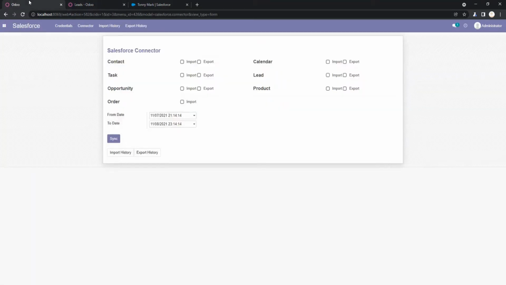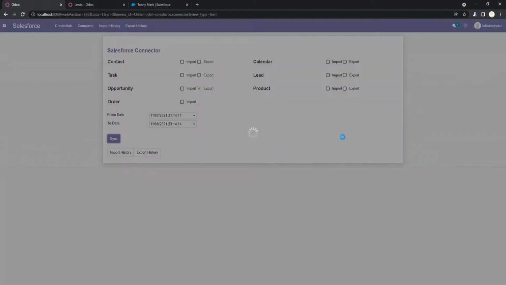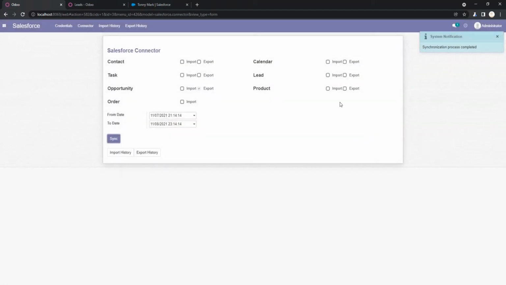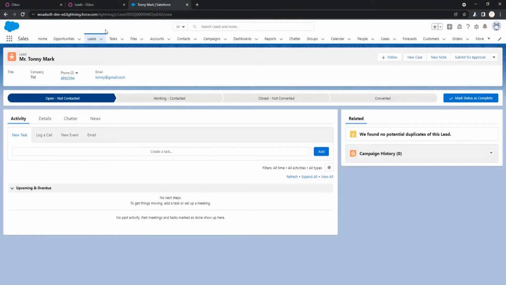Okay, so I just go to the export option and click the sync button. So it will take a few seconds and the process is completed successfully. So we can check out from the opportunities.